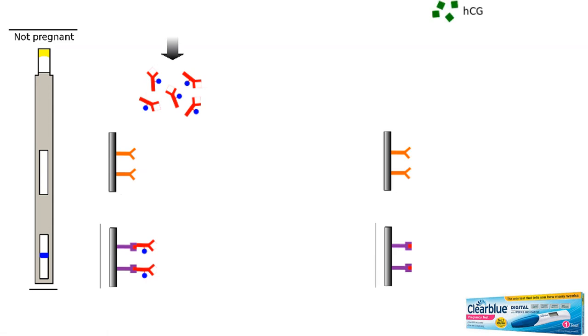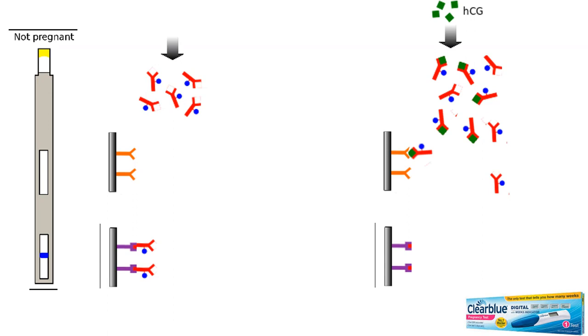You have the compound HCG, which is produced upon pregnancy, and you have the detection antibody. The detection antibody binds to the HCG, and the urine flow then brings these complexes along the strip. Because there is an antigen present, the capture antibody in orange is able to isolate the detection antibody and antigen complex. Okay, they bind, and then the remaining detection antibody with nothing bound to it will also bind to the